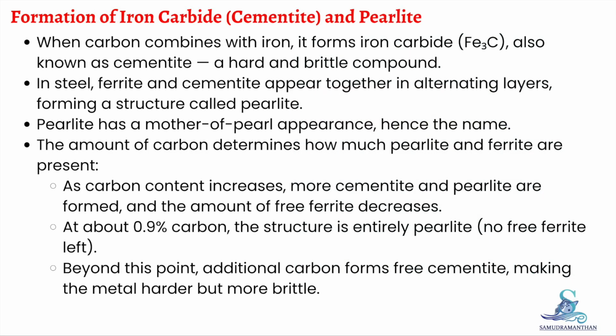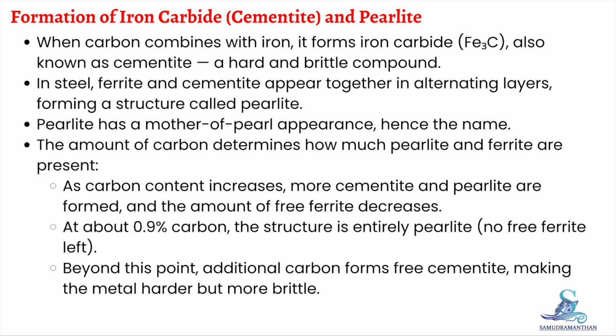Formation of iron carbide and pearlite. When carbon combines with iron, it forms a compound known as iron carbide or Fe3C, which we call cementite. Cementite is very hard and brittle. In steel, ferrite and cementite appear together in alternating layers, forming a structure known as pearlite, named for its mother of pearl appearance. Now, as the carbon content increases, more cementite and pearlite forms, and the amount of free ferrite